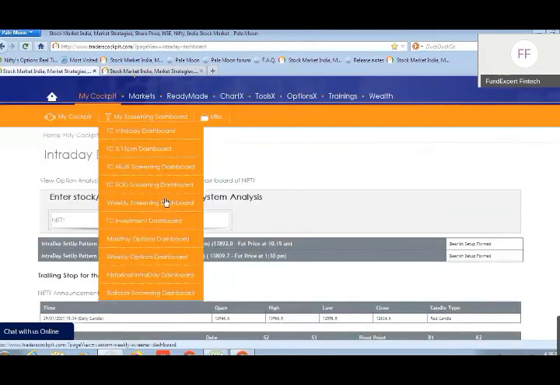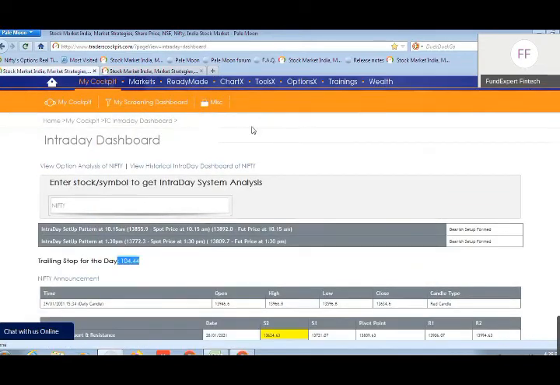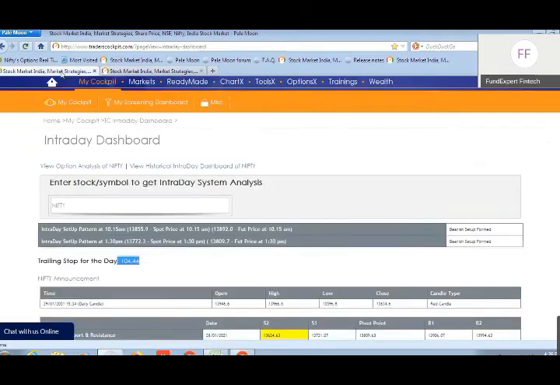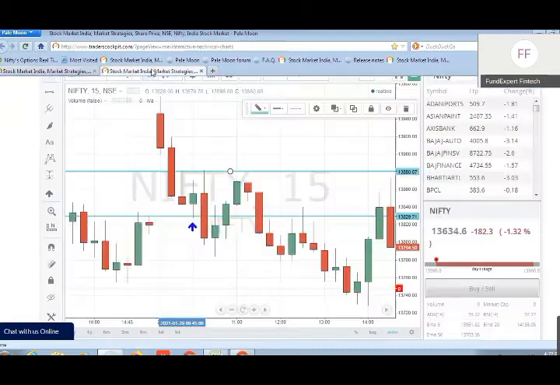Ideally, the trailing stop loss you can derive from here. Suppose, for example, I enter at this 13,829. Downside on the dashboard here, it shows a trailing stop loss for the day, that is 104 points. So accordingly, the stop loss could have been 104 points up from the point of entry. And for the targets, maintain a risk to reward in the ratio of 1:1. So if my stop loss is 100 points, my target will also be accordingly 100 points there. If my stop loss is 50 points, my target will be accordingly 50 points there.